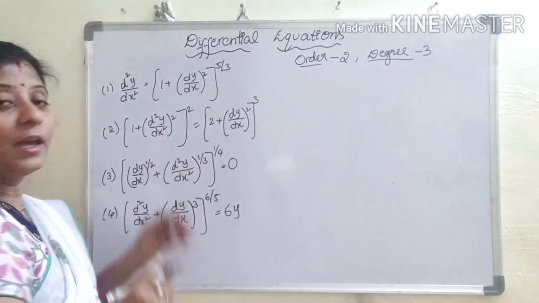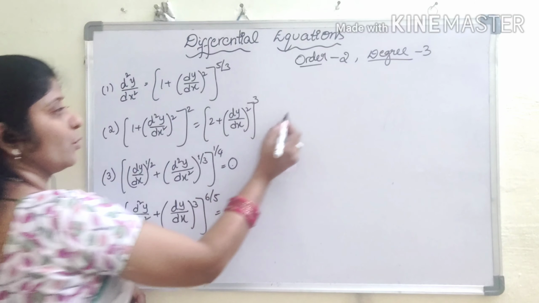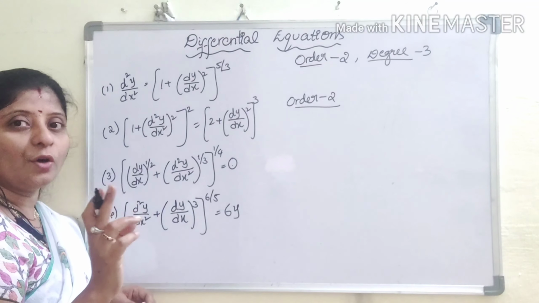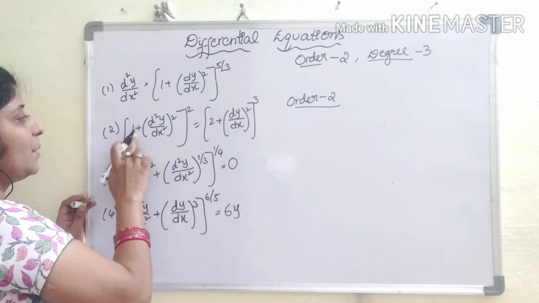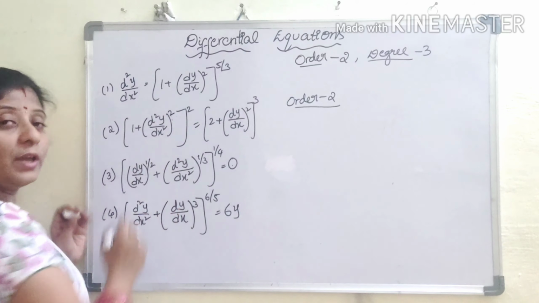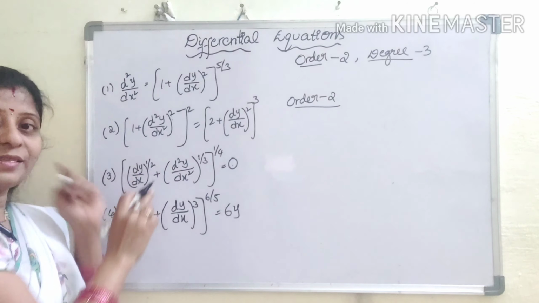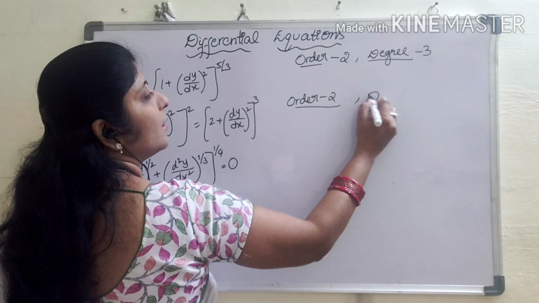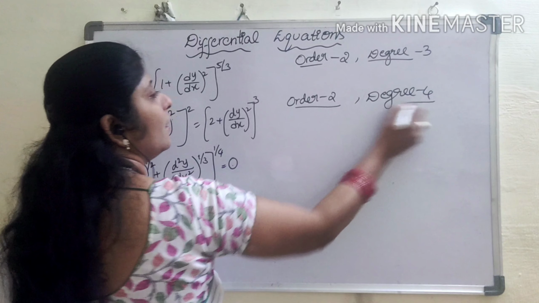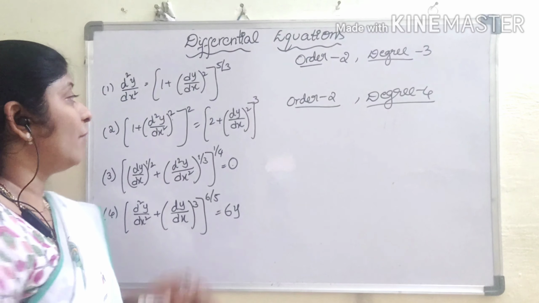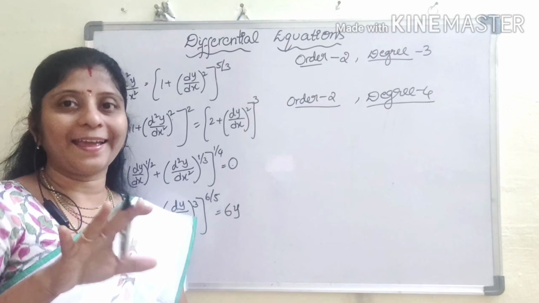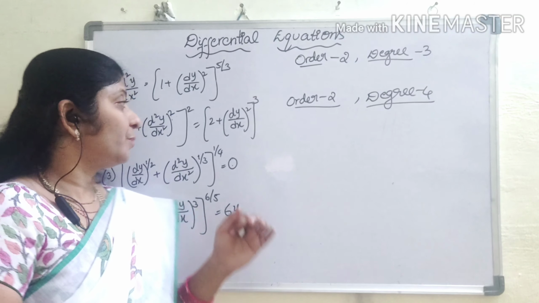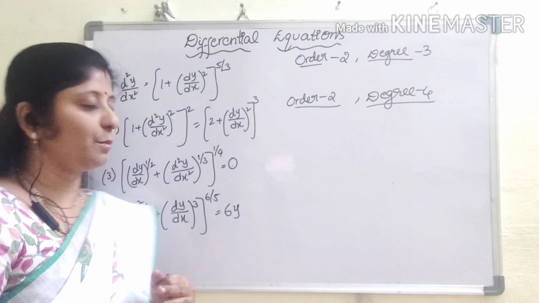And for the second one, if you observe here d square y by dx square, this order is also 2. Here on both sides there is no fraction. It is in the form a plus b whole square. Already we have here whole square. A square plus b square. Then these two powers will become 4. Degree should be 4. So focus when you find out the order of the derivative, the highest order term, just focus on the power of the term only and forget the remaining terms whatever they may be.